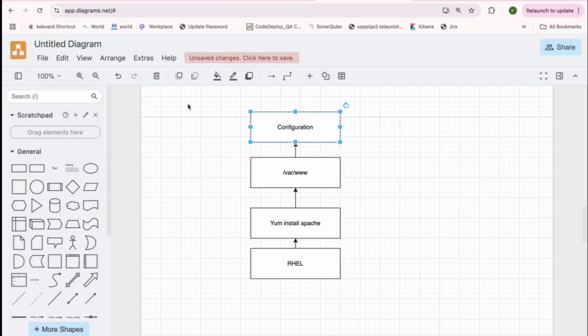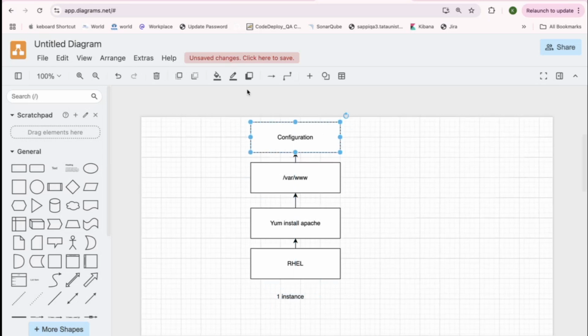Now you have done this and you created an instance. One instance. Now the task you got is you have to create 50 similar instances. If you consider a manual scenario, what will happen? 50 times we have to decide the RHEL OS, and run yum install Apache. All four steps we have to do 50 times.